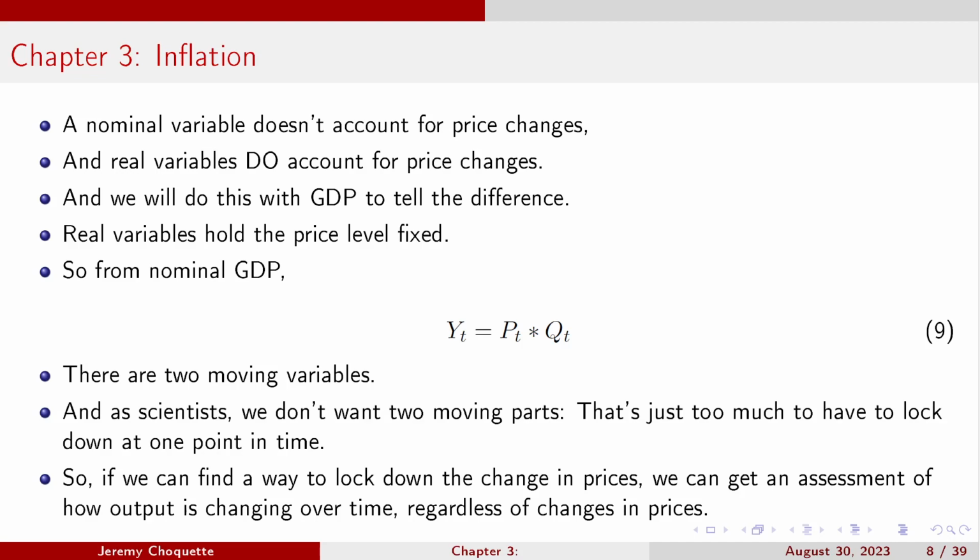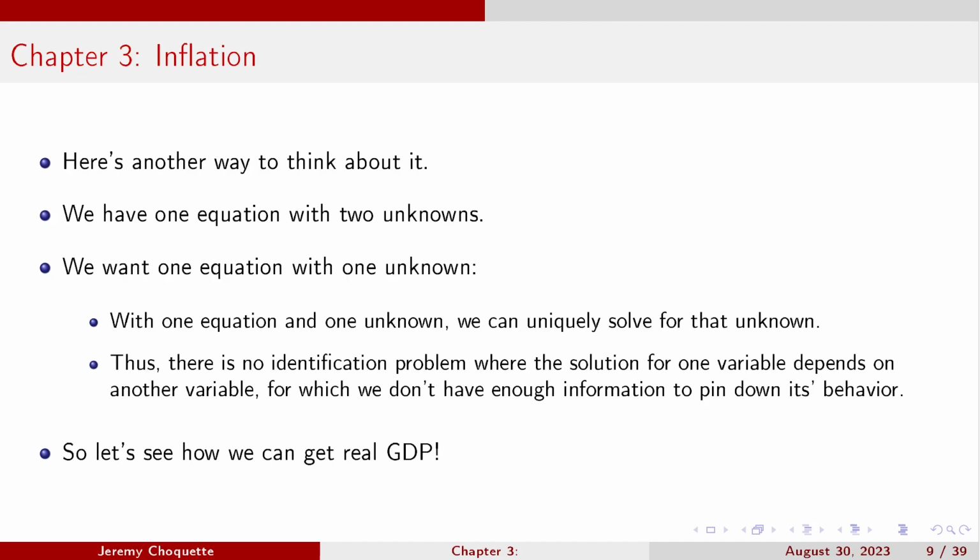Because if we don't do that, well, GDP could increase, but is it increasing because the price level increased, or is it increasing because production actually increased? But for real GDP, when we look at that, what we actually have is, say, if real GDP were to go up, well, prices are held constant, which means that output, only production, is going up. And that way we can go, okay, yeah, GDP either went up or it went down.